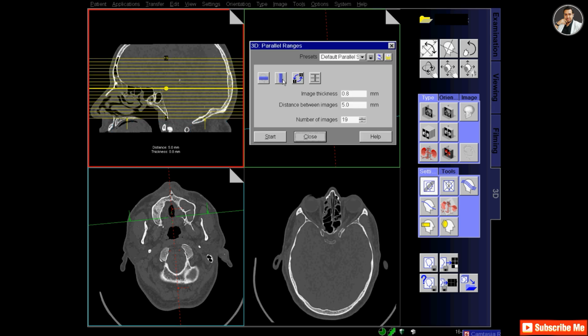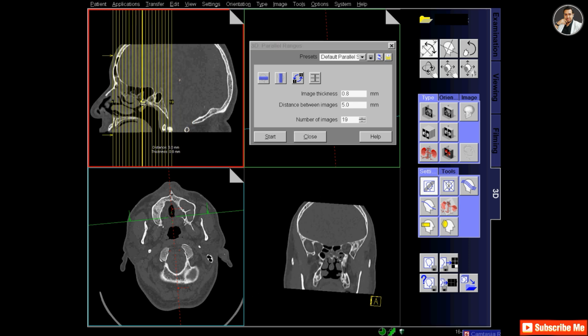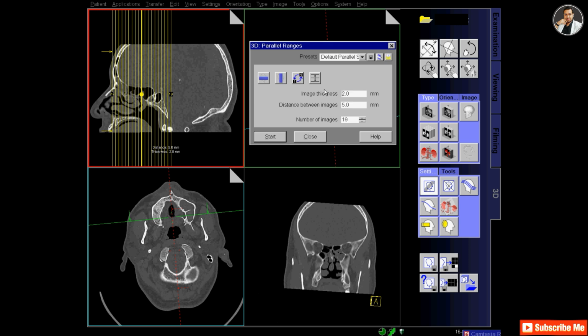Now again go to 3D tab and make another image, and right now I will make coronal images for sinus, and for this I will again plan on the sagittal image, but this time coronal plans.